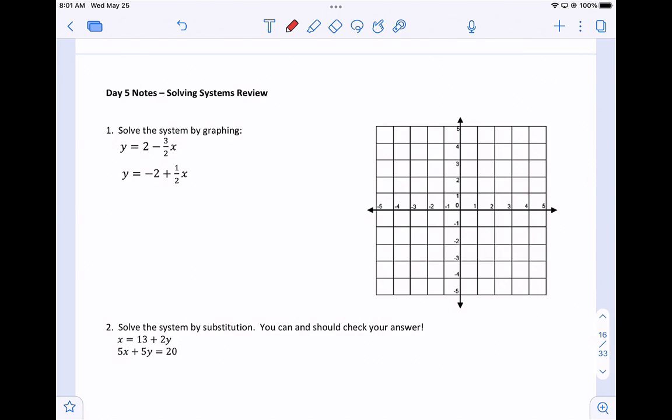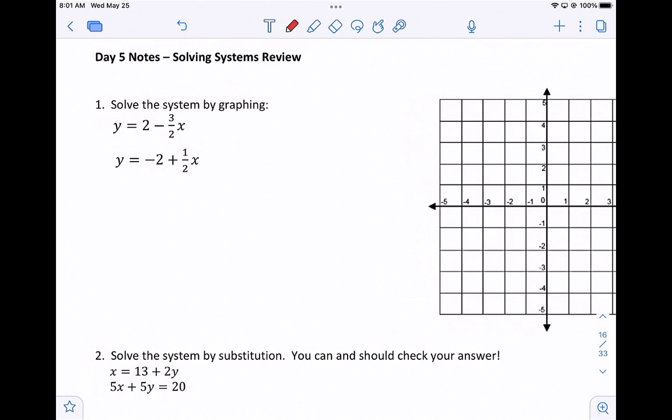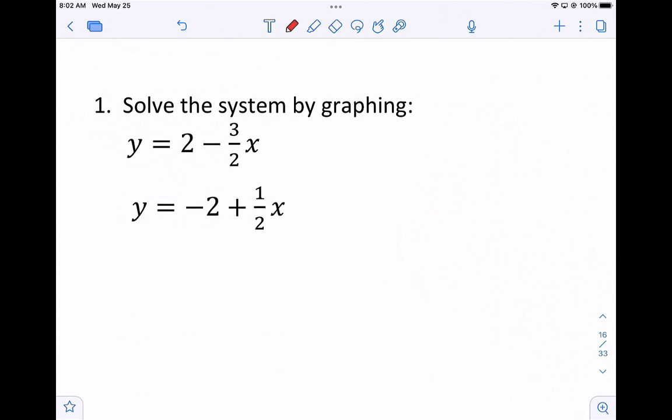Day 5 will review our different methods for solving systems. In the first example, we will solve the system by graphing. Remember, a system is two or more equations with the same variables. Since they're already in slope-intercept form, we'll find the